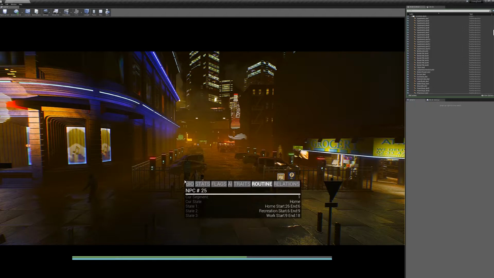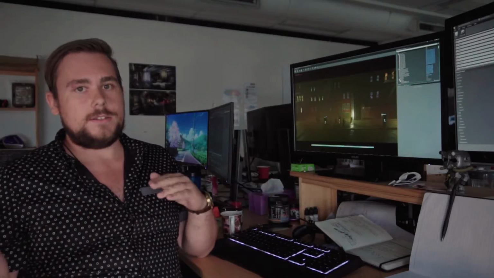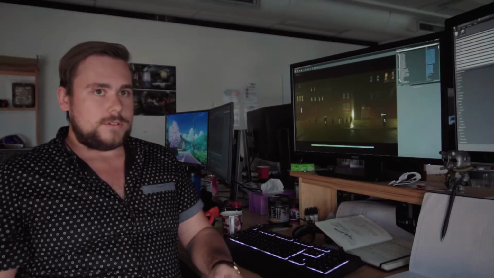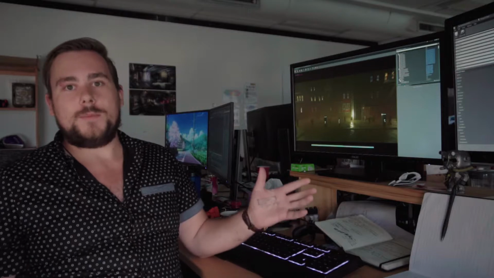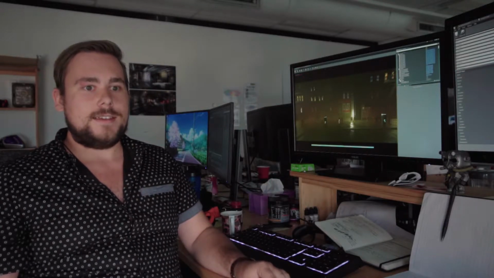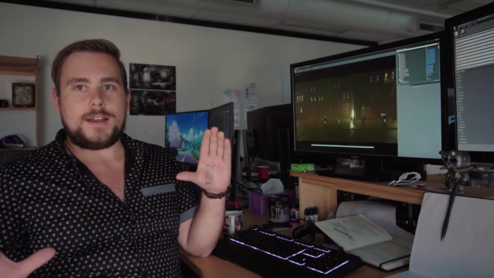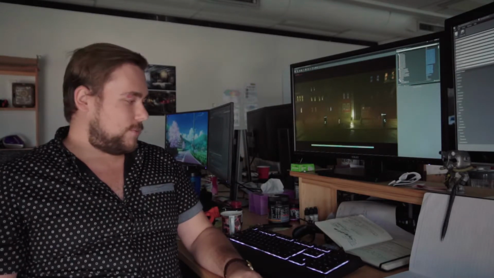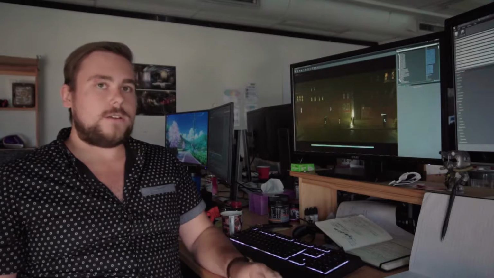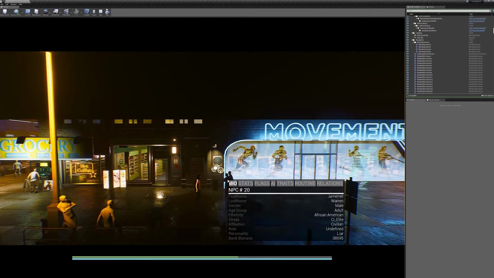People are just constantly walking into the scene and walking out, being generated and degenerated, which initially posed a pretty big problem for us because we were tracking so much data. We had 100 people in the scene at all times, and they were constantly walking in and out. That's like hundreds of people every second. So we had to figure out a way to only save data about the people that we were interested in.